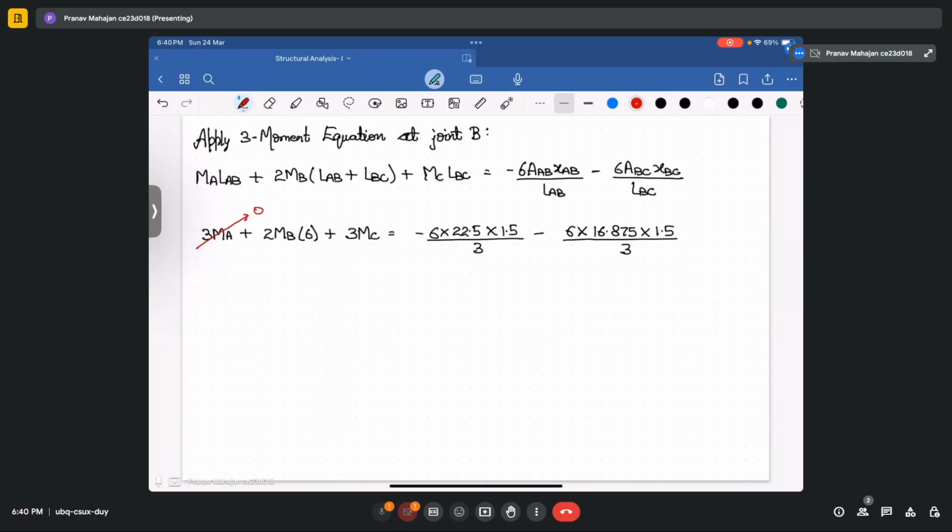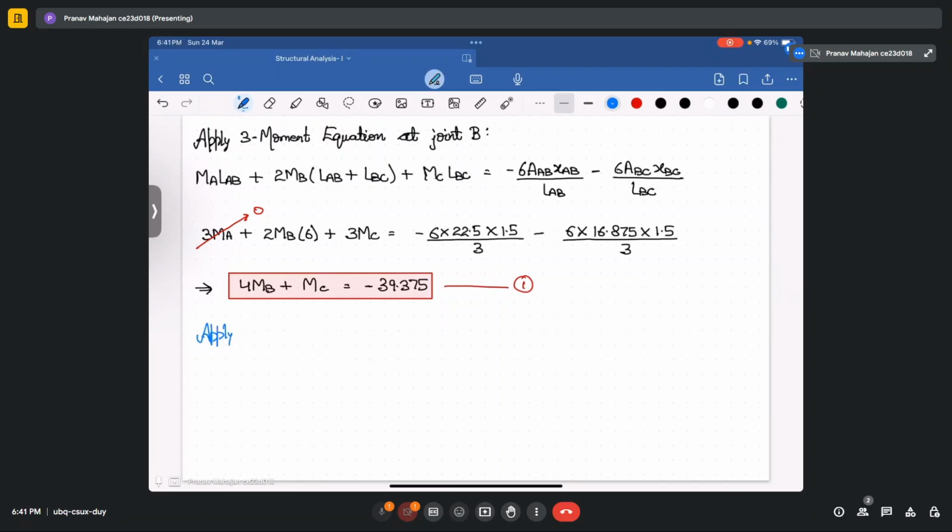So if we solve the whole problem and rearrange it, we will get it as 4MB plus MC, it will be equal to minus 39.375. So this is our first equation. Now we require another equation also. So we will apply again the